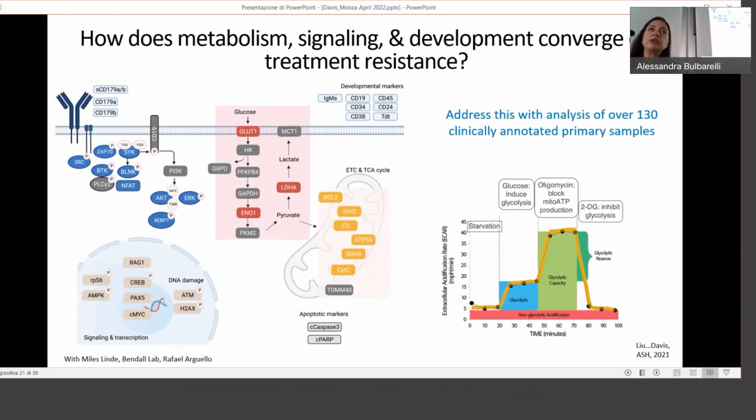so that we can basically take what you would normally do on the Seahorse and do it in single cells in primary patient samples. We have in the lab right now about 130 samples that are waiting for this. That's a combination of samples from the Children's Oncology Group as well as St. Jude. And we have clinical outcomes on those patient samples so that we can start to put all of this together, in addition to doing some more of the work with the actual knockdown cells and doing some traditional metabolomics with mass spec on those cells as well.